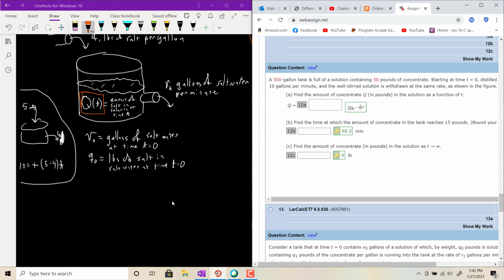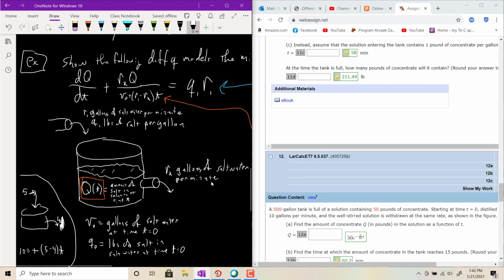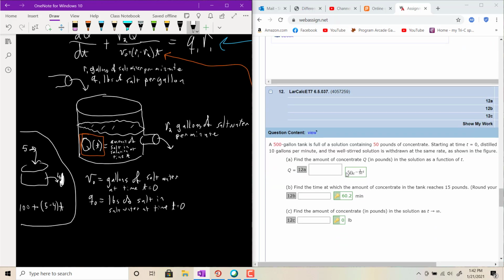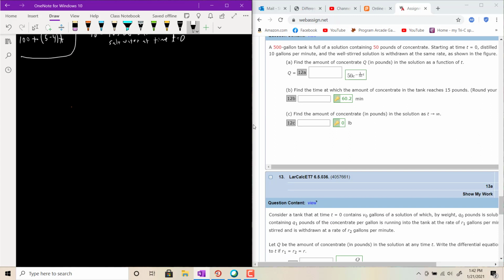So we have a 500-gallon tank. It's full of solution containing 50 pounds of concentrate. So it's full. So we're identifying all these V sub 0, Q sub 0, R1, R2, all that. Okay, so in this case, if we draw out the picture again,